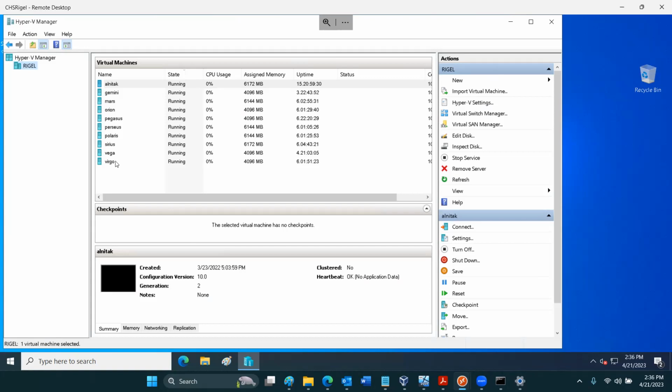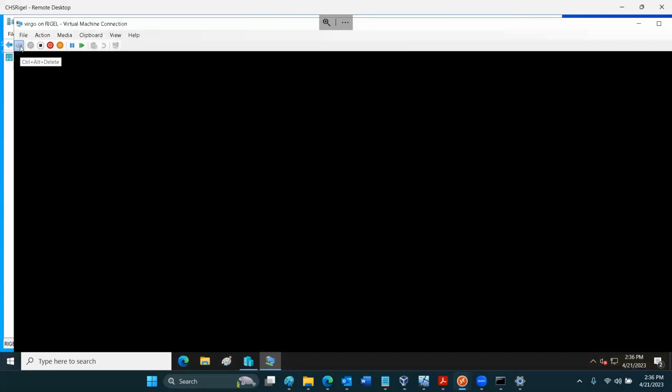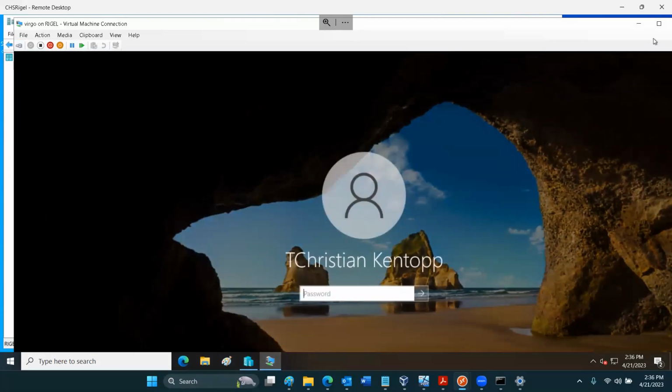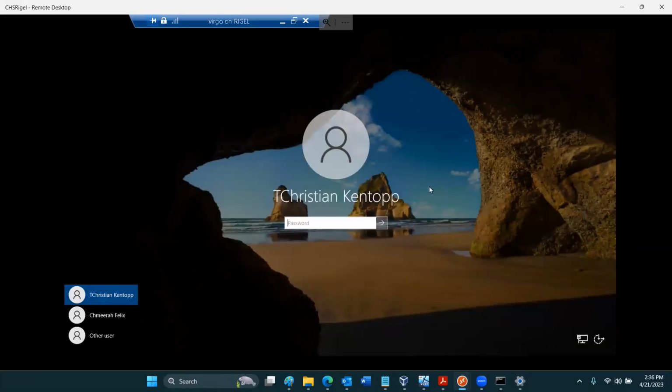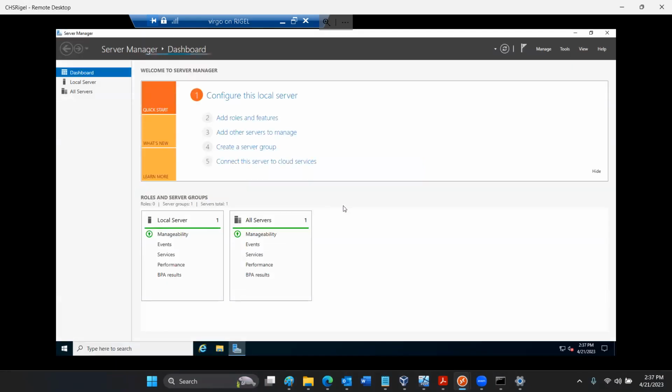But what I'd like to do is log into one of the systems here and just use my domain account, and that's what I'll set up for you. Yours will be your first initial and your last name, right? So now I'm on a machine that's basically rigged as a web server or a file server, I'm pretty sure.